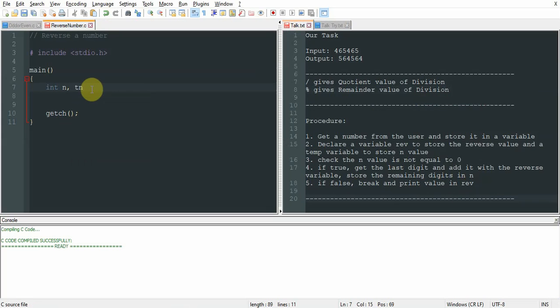We need a temporary variable and a reverse variable, and we have to initialize the reverse variable as 0.